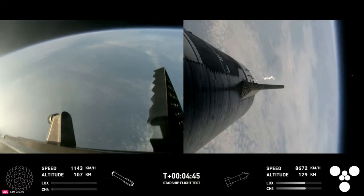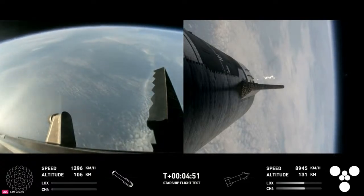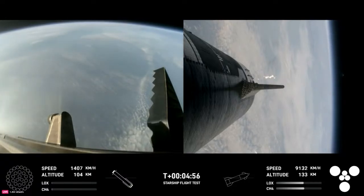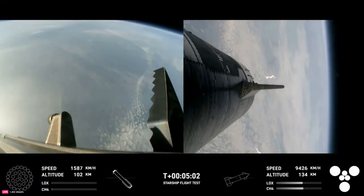In the meantime, the ship will coast for about 40 minutes or so up to an altitude of 214 kilometers. And after its coast phase, it will attempt a controlled reentry, including a flip maneuver and a landing burn, just before splashing down in the Indian Ocean. But as a reminder, we are not attempting...